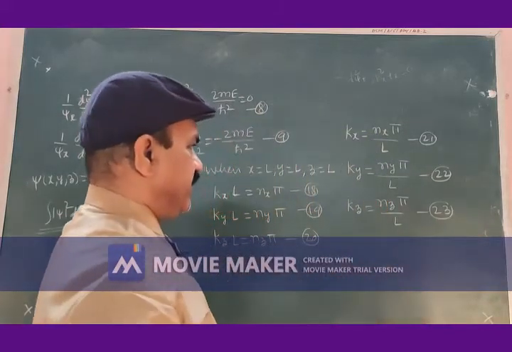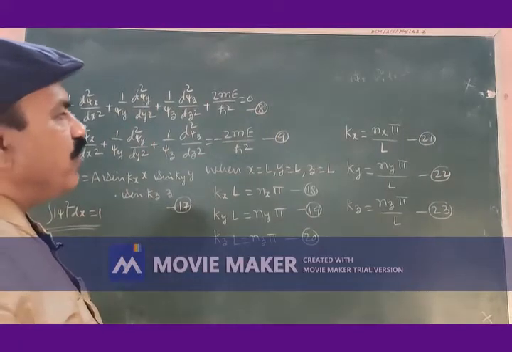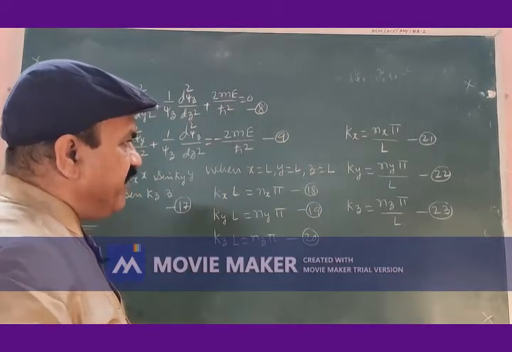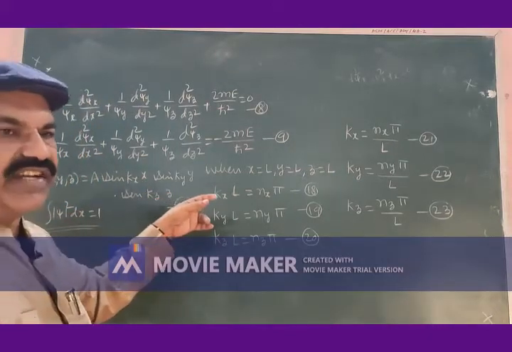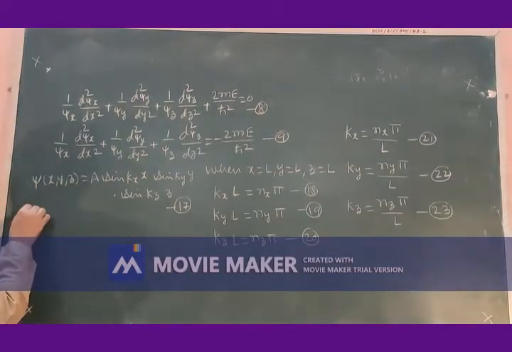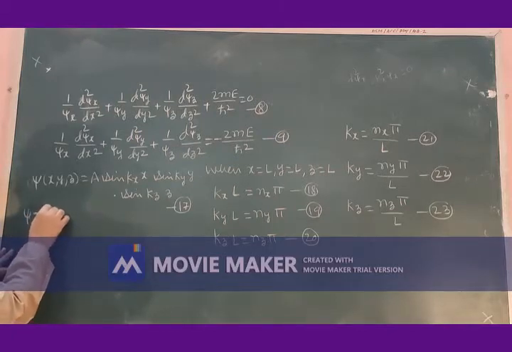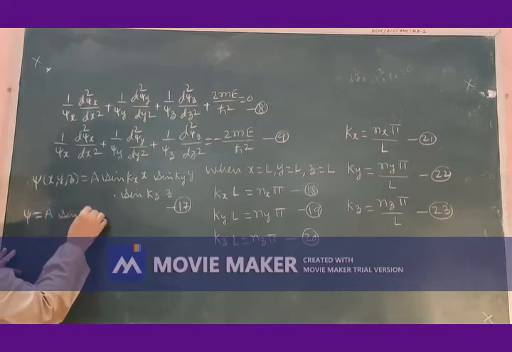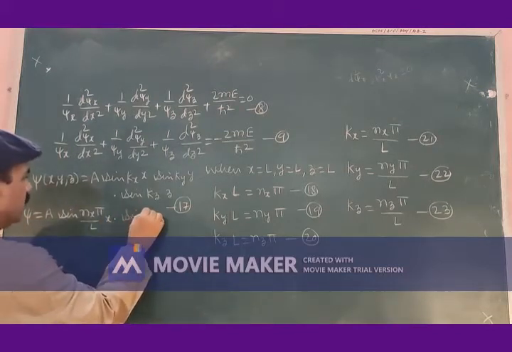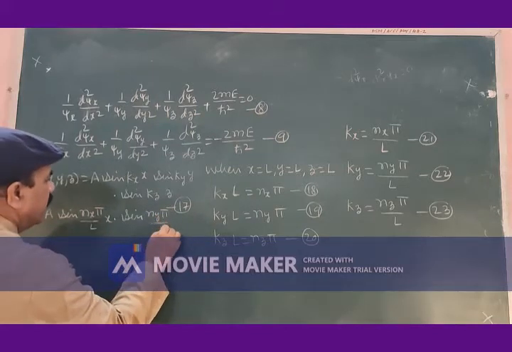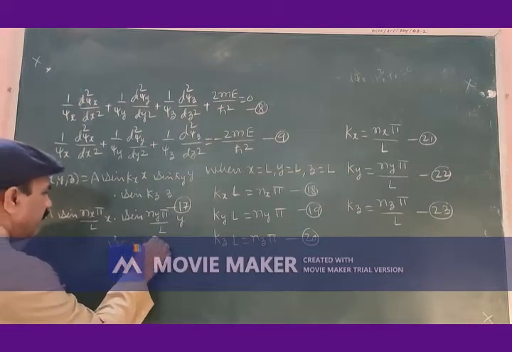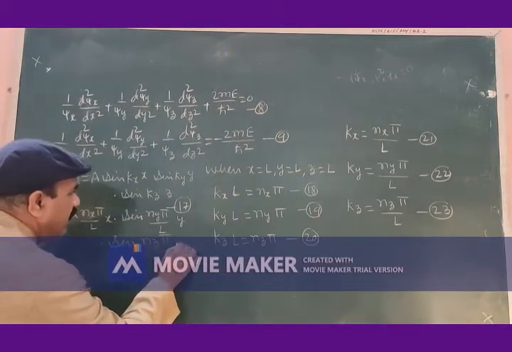Equation number 23. Let us substitute the values found for kx, ky, kz from equations 21, 22 and 23 into equation 17 to get the solution for the wave function: psi is equal to A sin(nx pi by L into x) into sin(ny pi by L into y) into sin(nz pi by L into z),